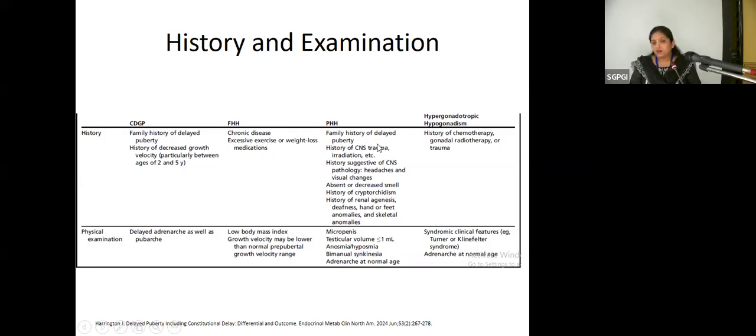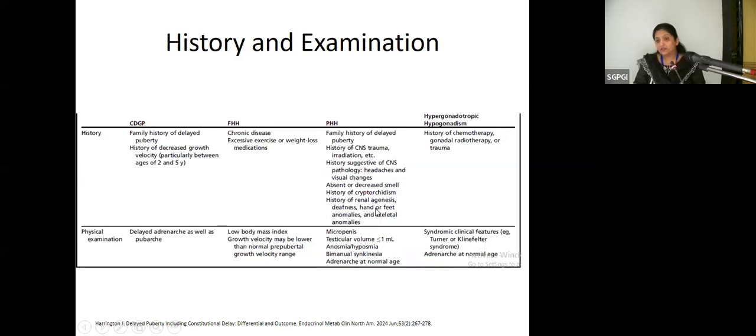In permanent hypogonadotropic hypogonadism, we might have some history of CNS trauma, irradiation, or CNS pathology. The history more specific for PHH might be absent or decreased sense of smell, history of cryptorchidism, history of renal agenesis, deafness, syndactyly, skeletal anomalies, cleft lip, cleft palate. But it is said that even in some causes of hypogonadotropic hypogonadism, you can get the history of cryptorchidism as